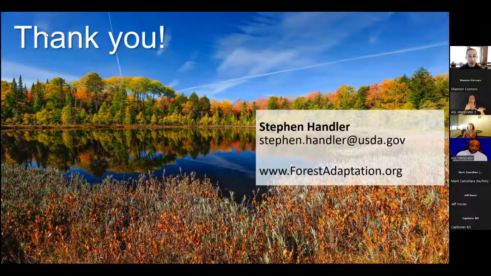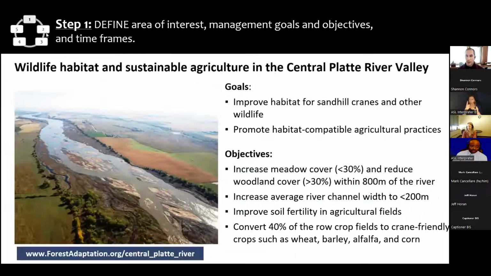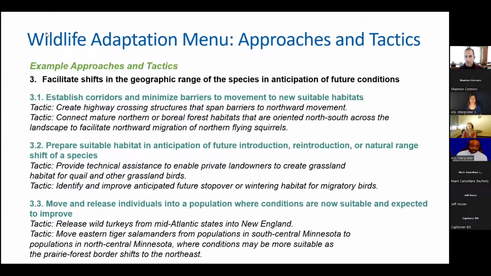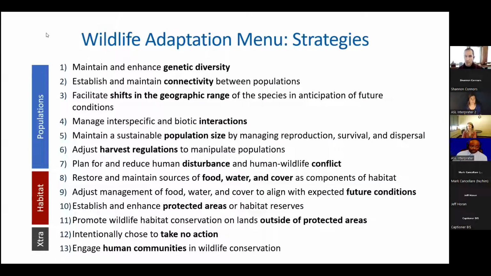Yeah, so I think some of the ideas in this menu could be helpful to imagine different ways that you might prioritize the landscape. So for example, there's a strategy in here, obviously the one that I called out a couple of times, and that's establish and enhance protected areas or habitat reserves.